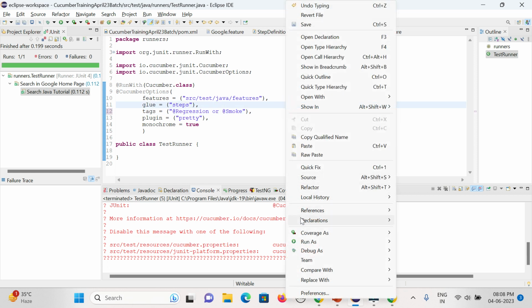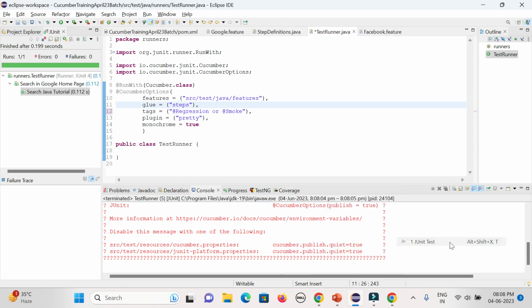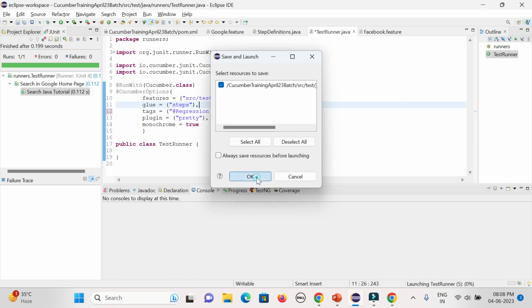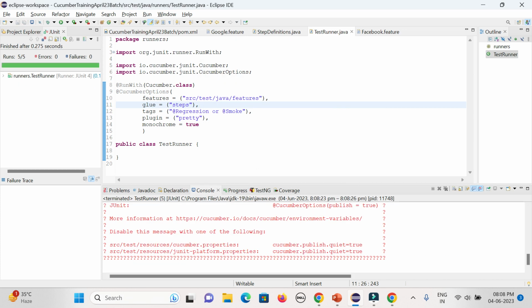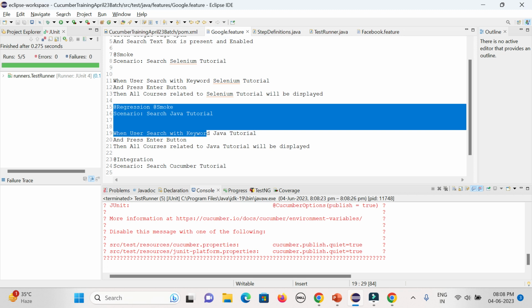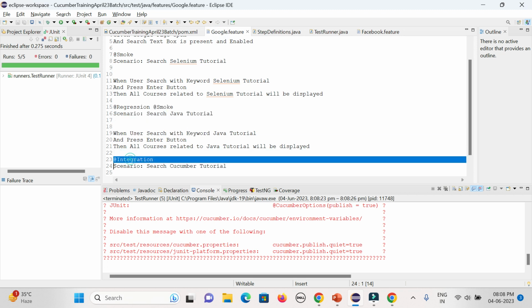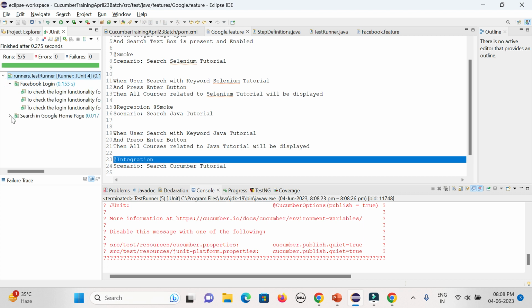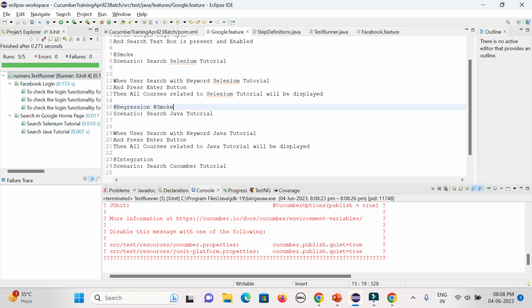So you can give the exact tag name. In case you don't want to execute any relevant tag name, you can use not. You can use multiple tag combinations also. So here all 5 will be executed wherever regression or smoke is available. I think only one scenario has neither smoke nor regression, which has integration. That is the reason it is not getting executed. So you can use and, or, not, or the exact tag name to execute your test cases based on the